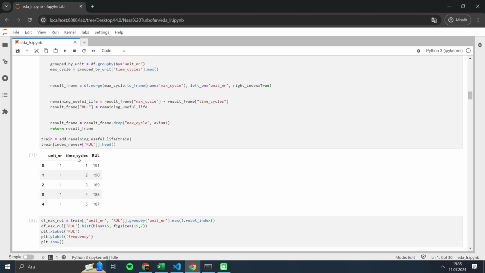And let's look at our output. The first 5 rows of the modified training data are displayed, and each row now includes a new column, remaining useful life, showing the calculated remaining useful life for each engine cycle. For example, unit number 1